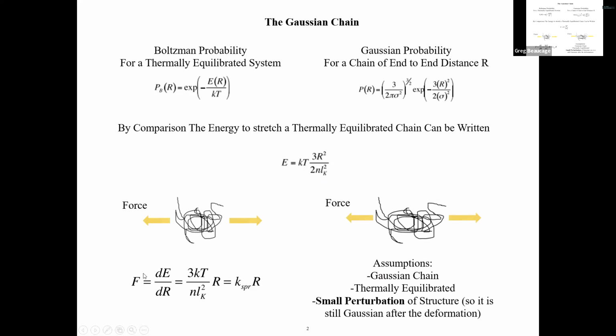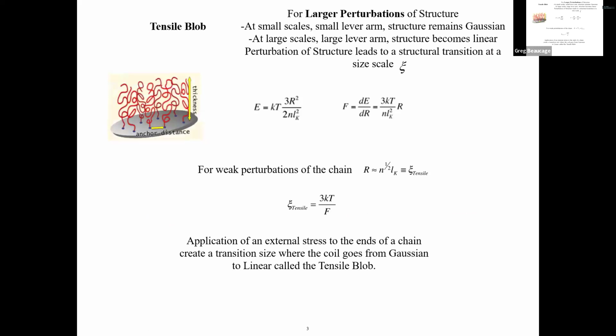And then if you have the energy, the derivative of the energy with distance is a force. This force times distance is energy, right? So then you can get the modulus of the chain, this thing. So that's drawing a chain, but the chain has to remain Gaussian. It can't be like straightening out like the headphone thing, right? So anyway, if you do straighten it out, then you can say like,